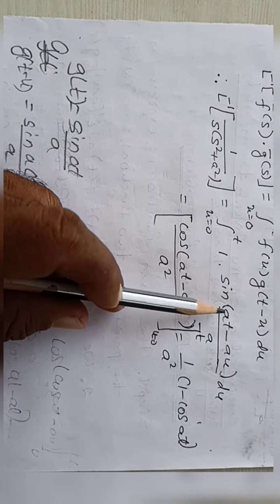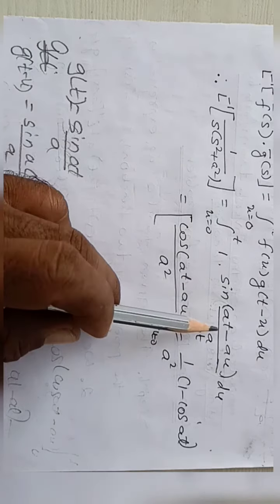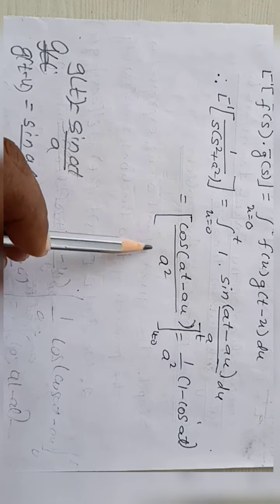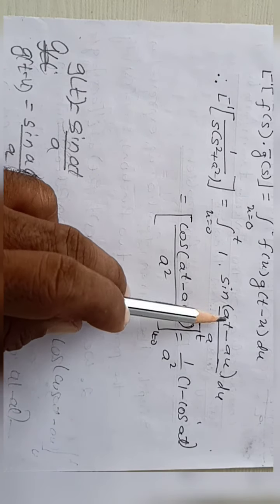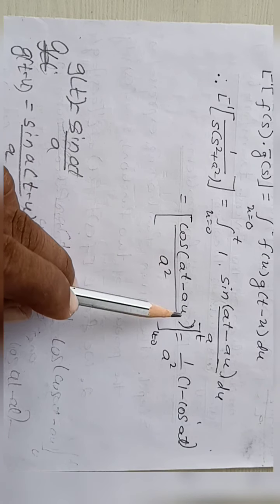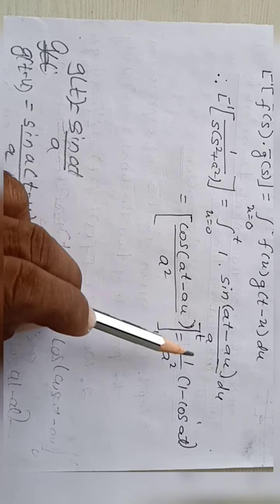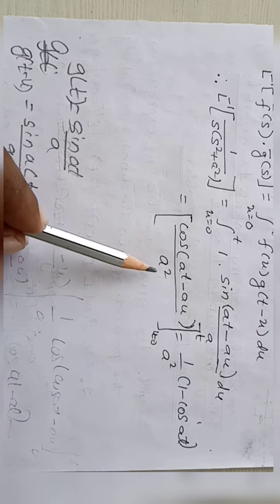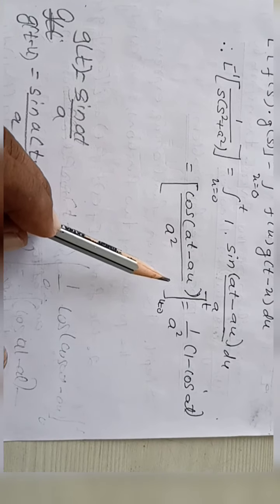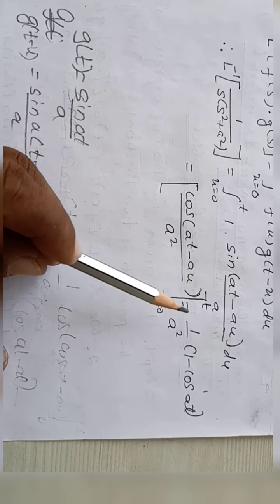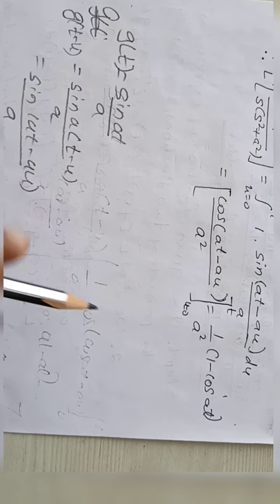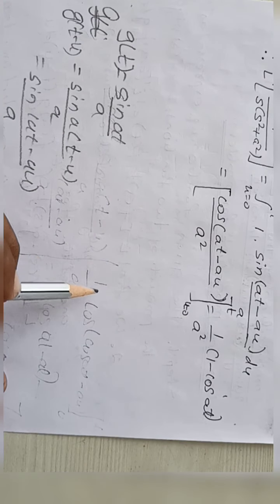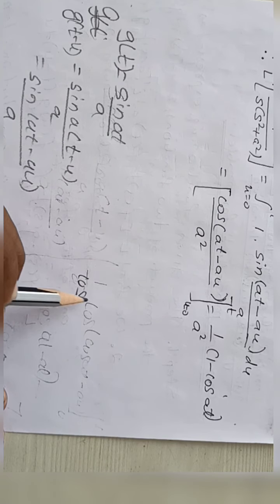Next, integration of this term. This is multiplied now directly, 1 we got, no problem. Here, integration of sin is cos of AT minus AU divided by A, and this A already is there, so it becomes A square. So the limit is 0 to t. So next, 1 upon A square cos AT. It is t there, cos AT